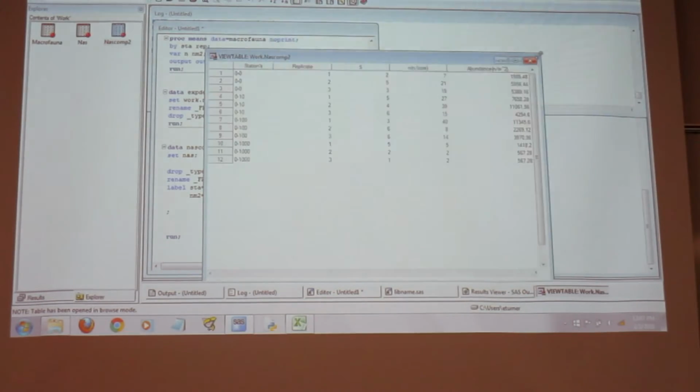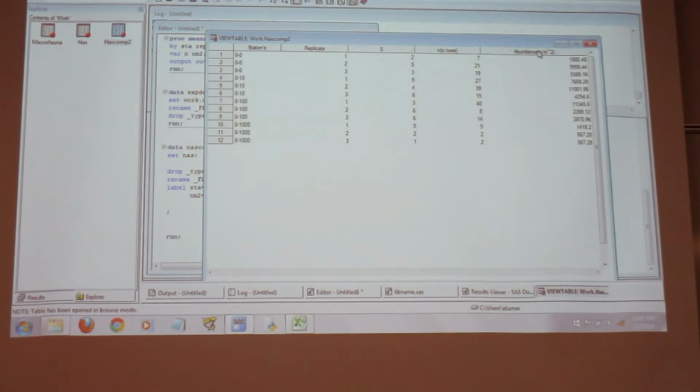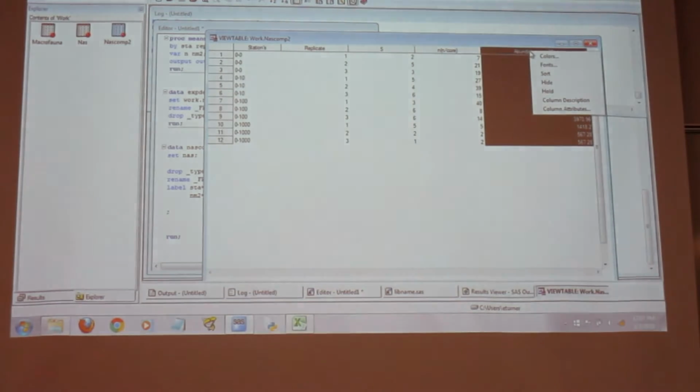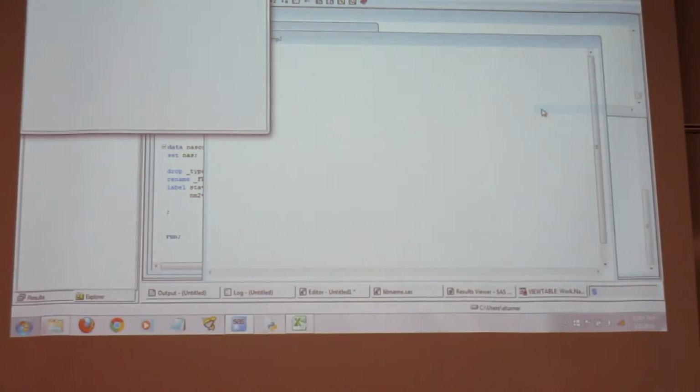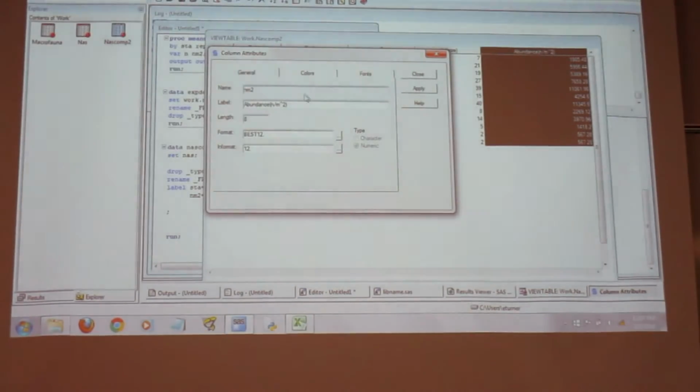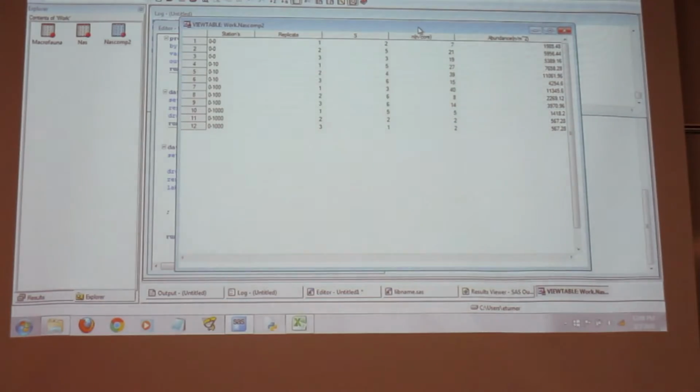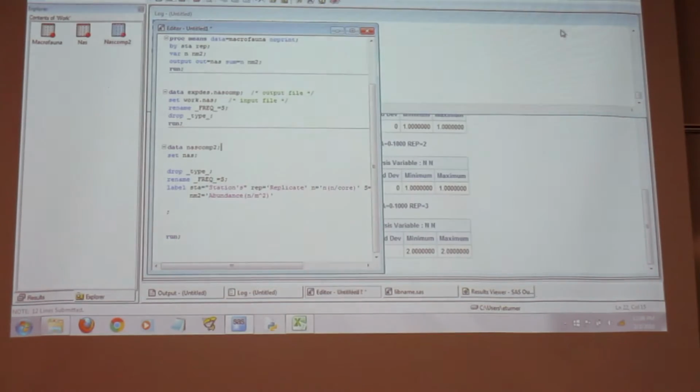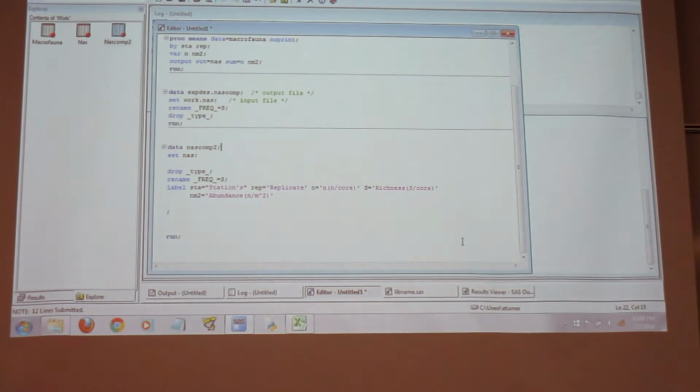So here we go, here's the set. And then these are the labels. So if I right click on this, it should say the name of that is NM2. That should be the name of the row. Right? It's just the label. It's just the printing label. Okay. But the problem is that you notice it didn't catch this when I ran it.